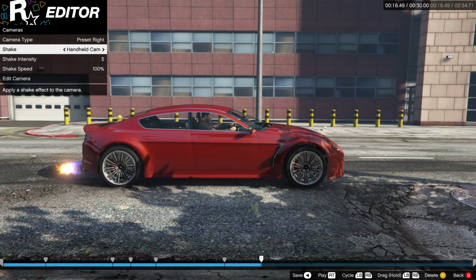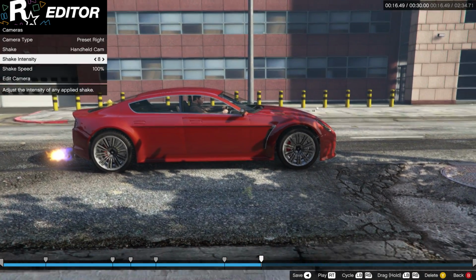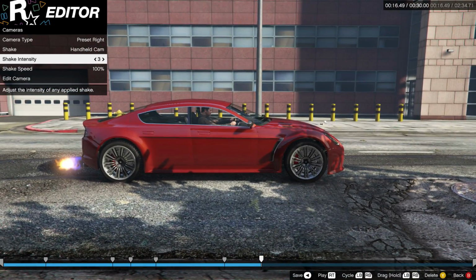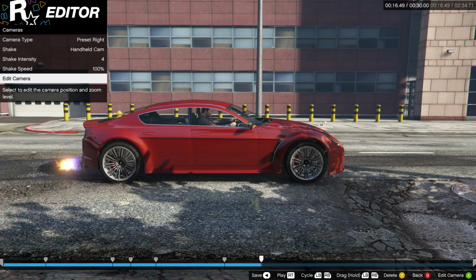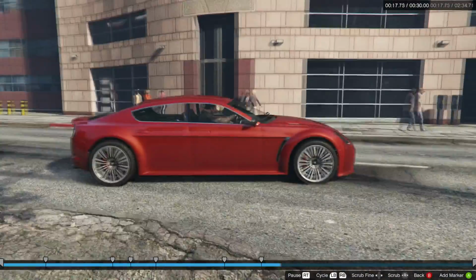No shaking. Maybe actually, I'm going to try a handheld cam where I can change the intensity, like if someone's holding it drunk, or if I can do it a little bit. So I'm just going to have a little bit of shake in the camera. I think that looks cool. Now this camera will go on for the rest of the entire clip, so we have to make a marker where we want it to stop. So I'm just going to play it